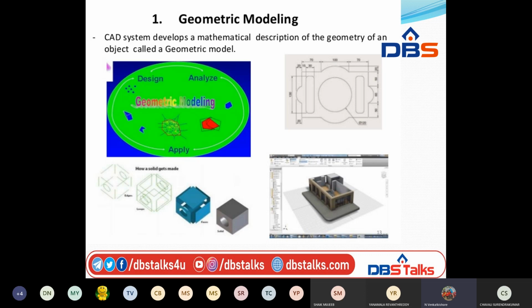And then the final, third step is to join the various elements into the desired shape of an object. Let us consider an example: if we need to draw a cube, as we know, for developing a cube on a board or a paper, first we start with a point, then we construct a line, and then the lines join to form a square.